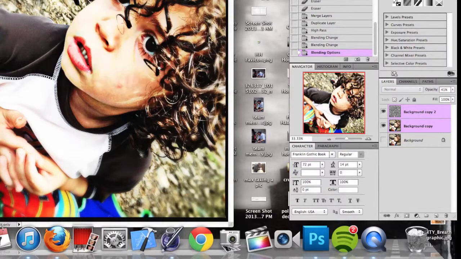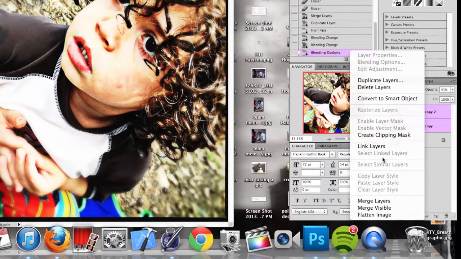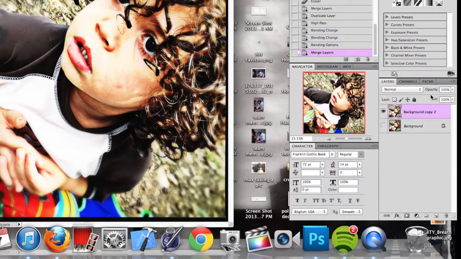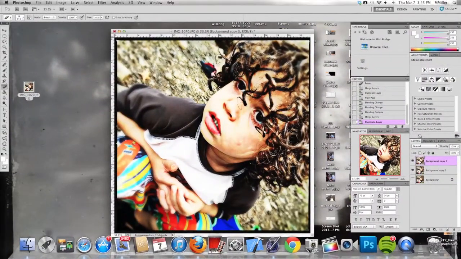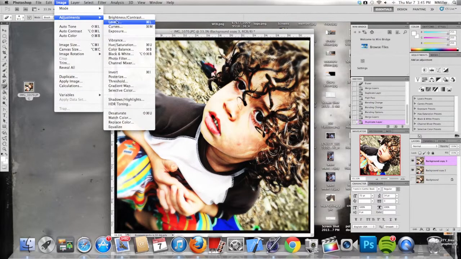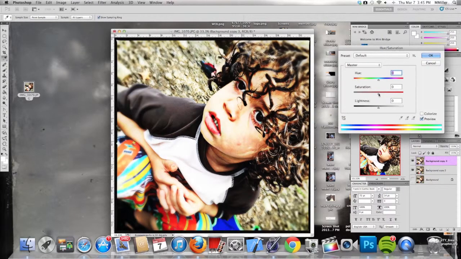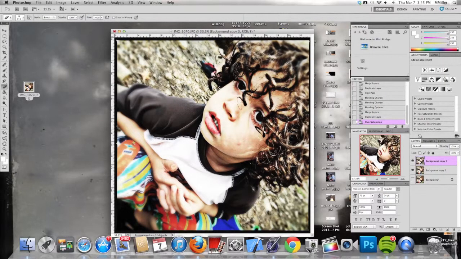Oops, put duplicate, sorry guys. Merge those two layers together. Okay, now that we've got that, duplicate again. I mean, it's really a game of, you have to do this over and over and over again. But we're just going to go straight for the saturation right now, pull that down. Once I have the saturation pulled down a bit,